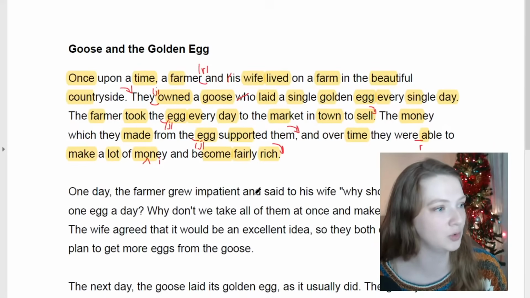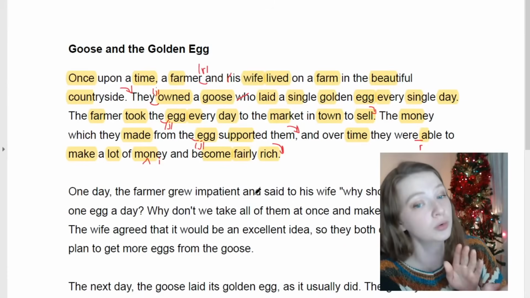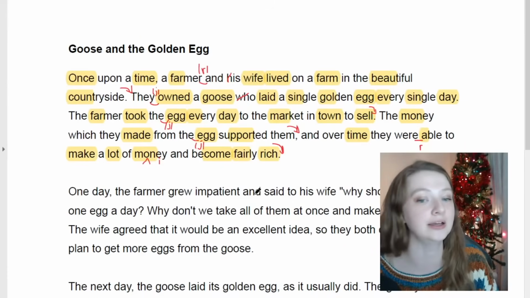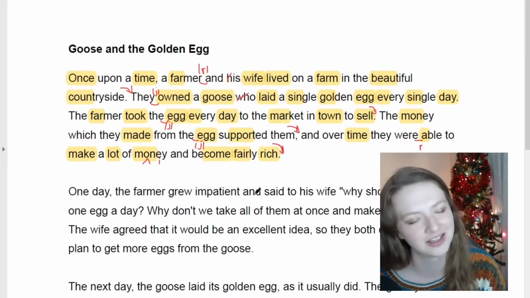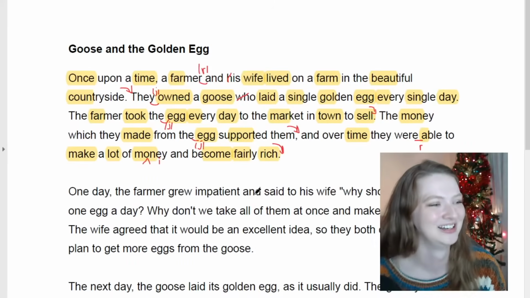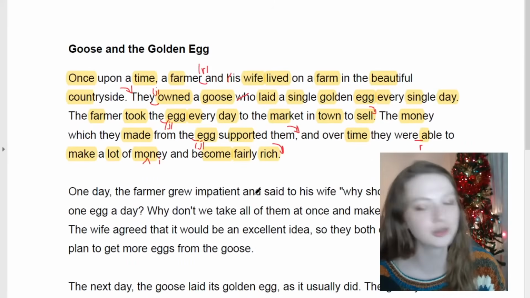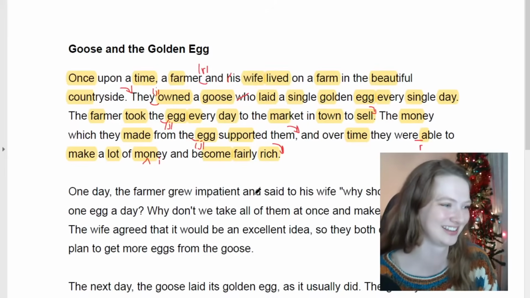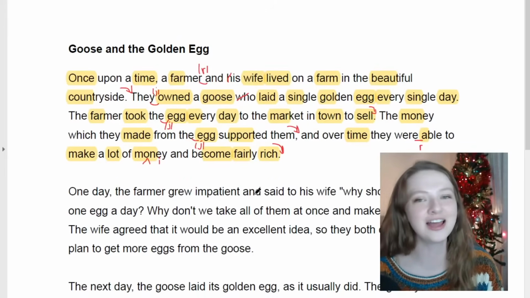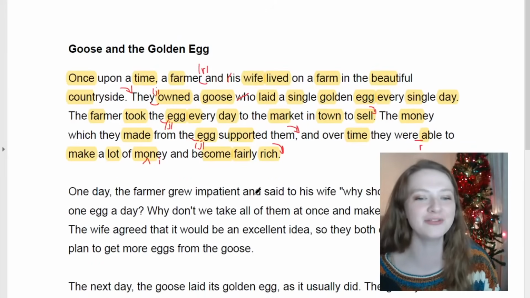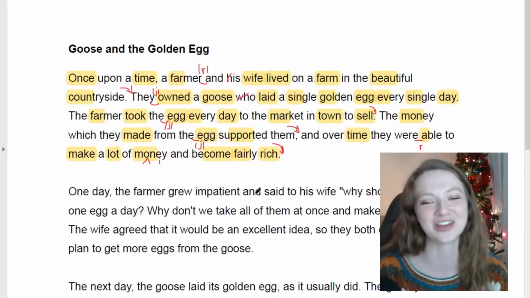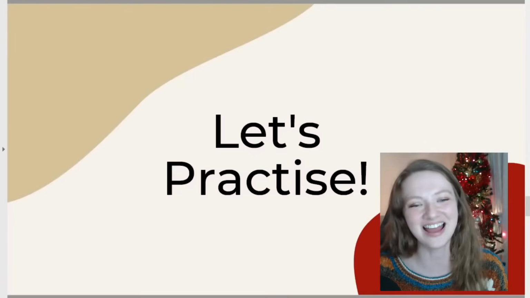So the way you pronounce "who" is like pronouncing "oo" and not "hoo". It depends. You can cut it to like "oo", or you can say like a goose who laid, or a goose who laid. It doesn't matter. You can say the goose who. It doesn't matter. Don't worry. Robot speaking. I feel like a Siri, like once upon a time, a farmer and his wife. Like, I am a robot. That's how I feel. But yeah, so that's that.